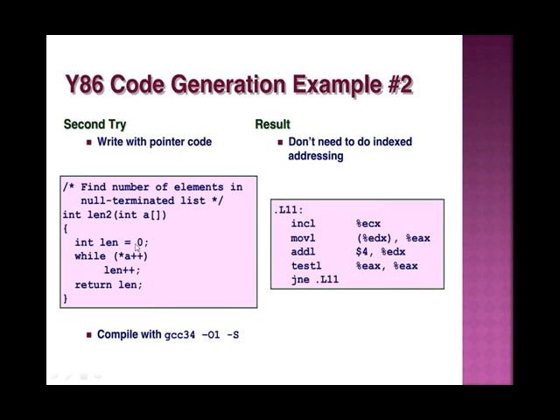So the same concept. Len equals 0, that is length equals 0. While pointer a plus plus, that is I am using the pointer variable, pointer a plus plus. Then len plus plus means incrementing the value of len from 0 to 1, 1 to 2, 2 to 3 and so on. Then at last return the len value. At last it says compile with GCC -O1 -S. So after writing the code in C language, compile it with the help of the compiler, that is GCC -O1 -S.